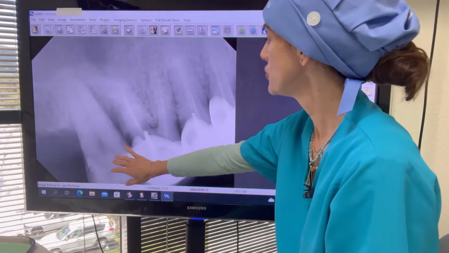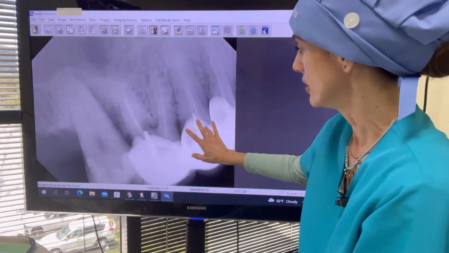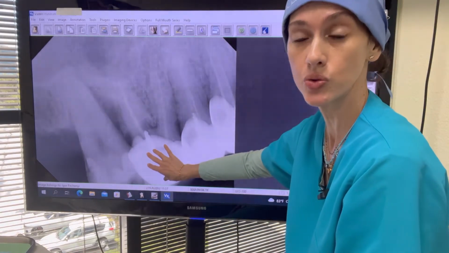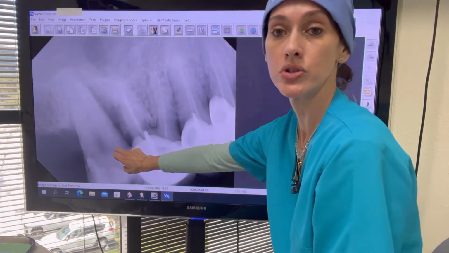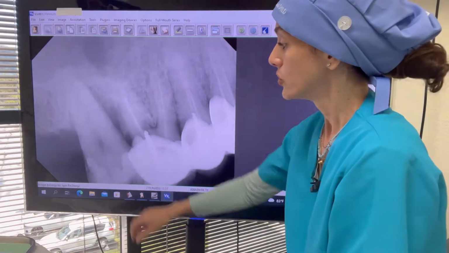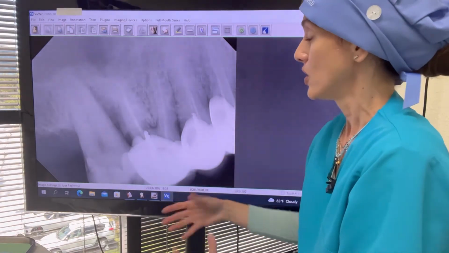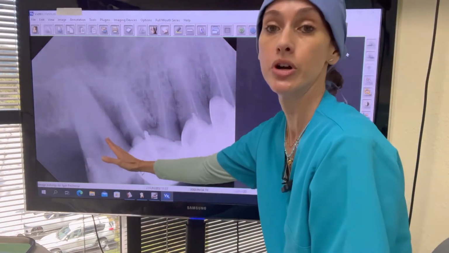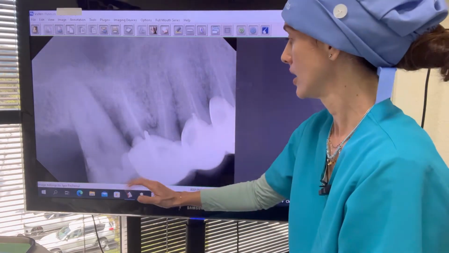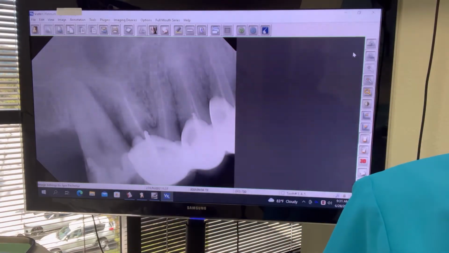Why would we not do a bridge from here to here after extraction of this tooth? Because the prognosis of this tooth is not good. So you will never put a bridge when your support is not good at all. Okay, so we're going to proceed